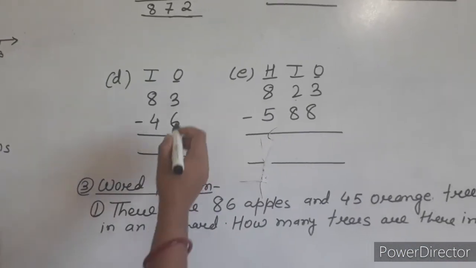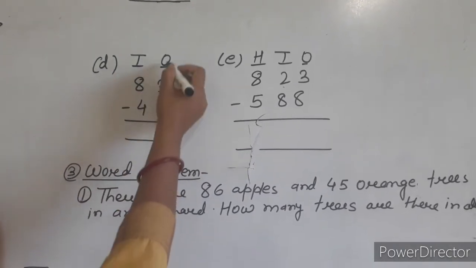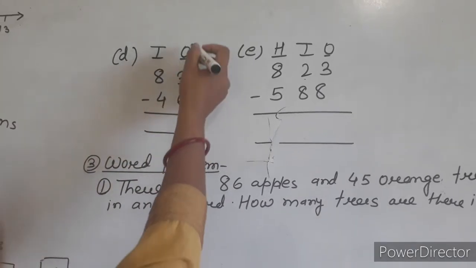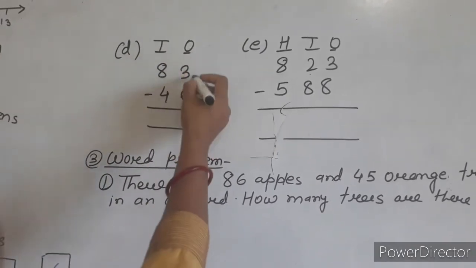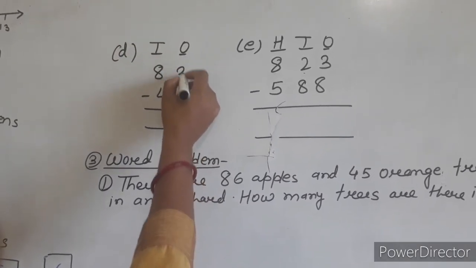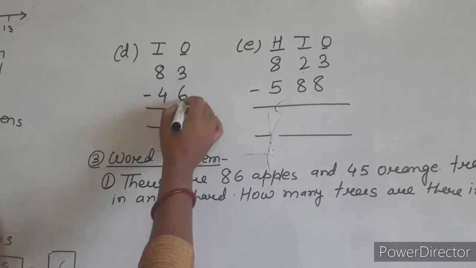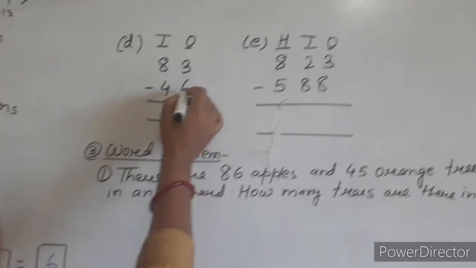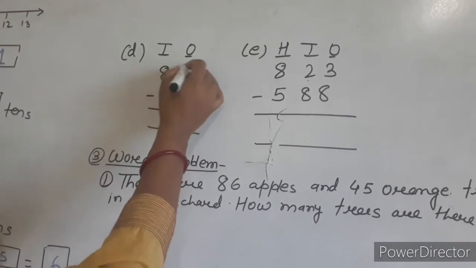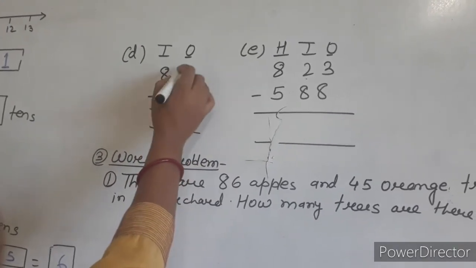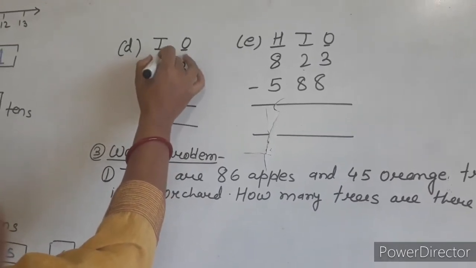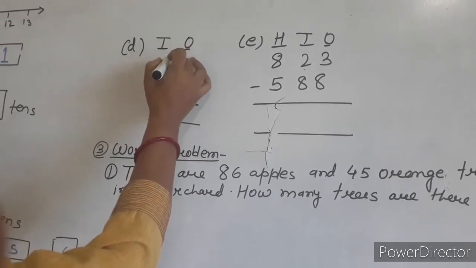Again this is subtraction. So here we have to subtract 83 minus 46. So first we have to take the ones place. In the ones place, in the upper portion, that is in the top, the 3, and the lower, this is the 6. Means in the lower portion this is 6. 6 is larger than the 3. So we have to make it the larger number. So this 3 will take a number from the tens place. The ones place number will take the number from the tens place.